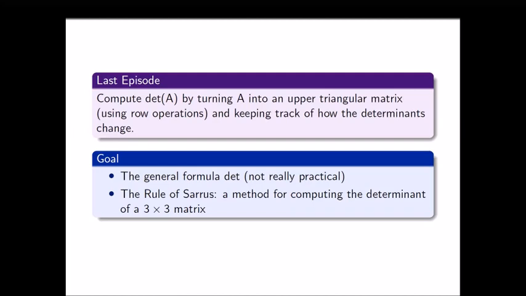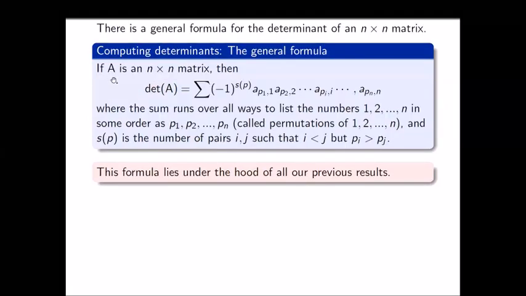So far in the determinant mini-series, we've learned about the basic properties of the determinant of a matrix, and we've also learned how to use row operations to turn any matrix into an equivalent upper triangular matrix and compute the determinant there. In this video, we're going to look at the general formula for determinant, which is not really practical, but we're going to include it for the sake of completeness. And we're going to look at the rule of Sarrus, which is a method for computing the determinant of a 3 by 3 matrix. So if A is an n by n matrix, then the determinant is given by this